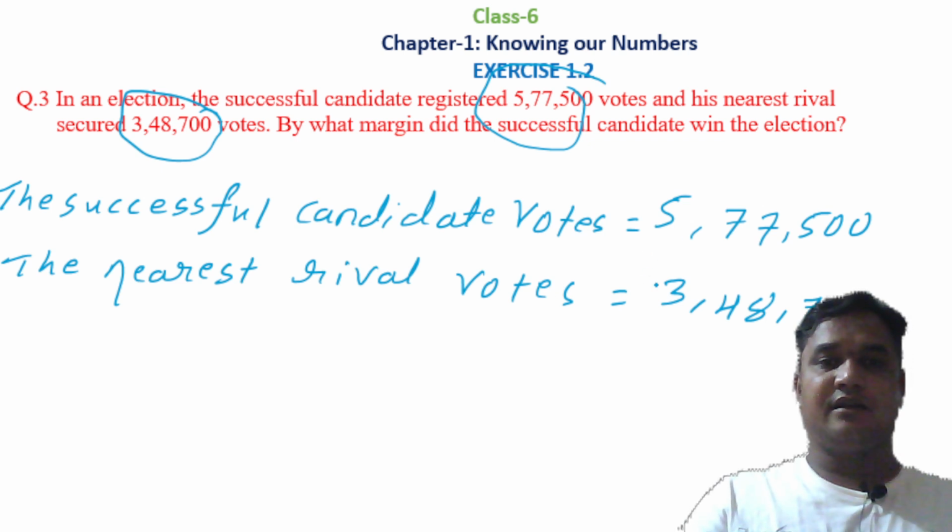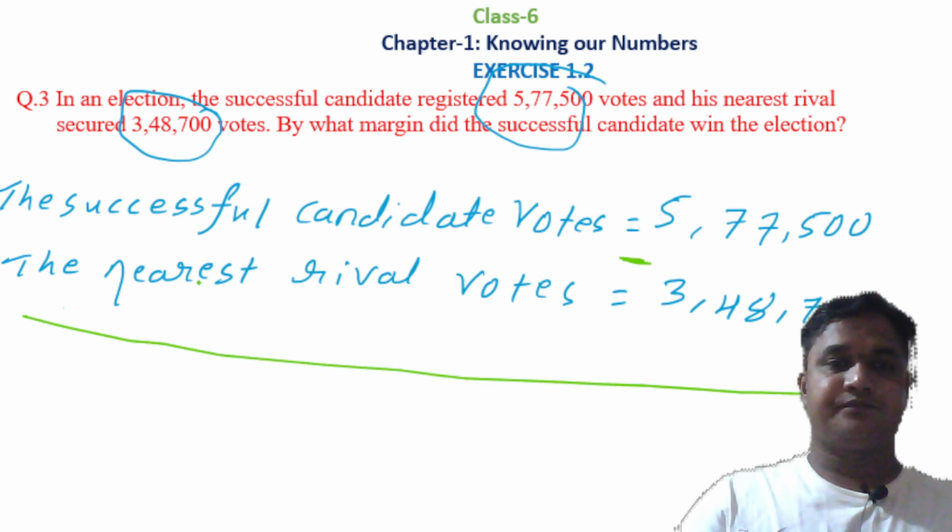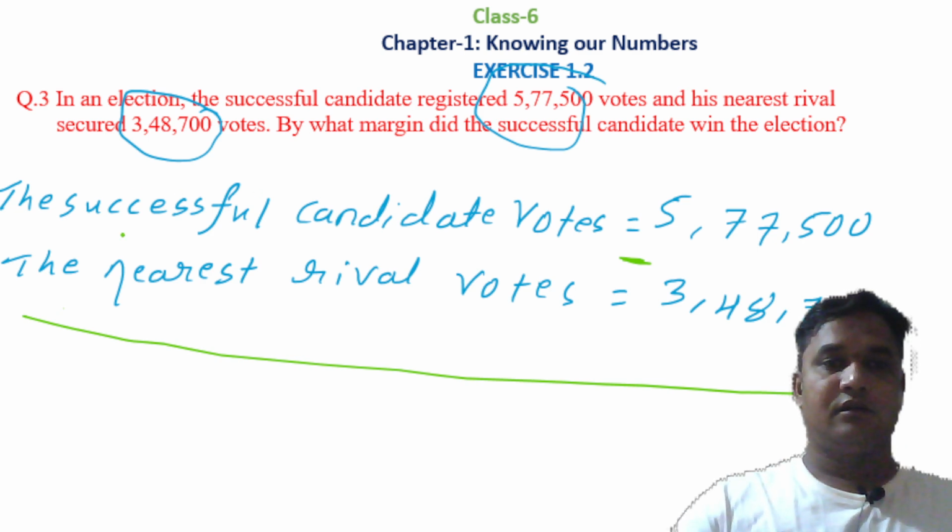to subtract 3,48,700 from 5,77,500. So we'll get the margin by which the successful candidate won the election. For this, the margin